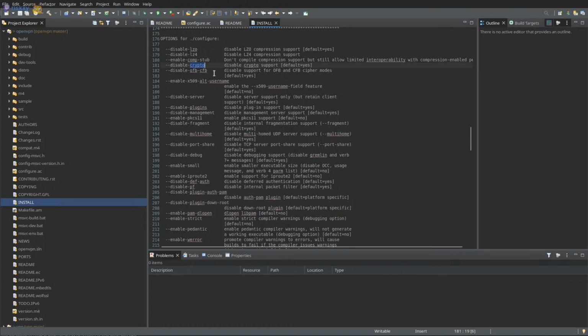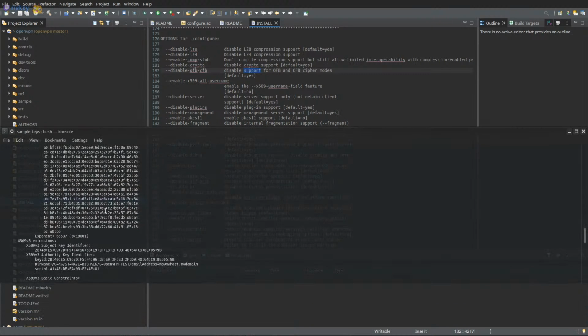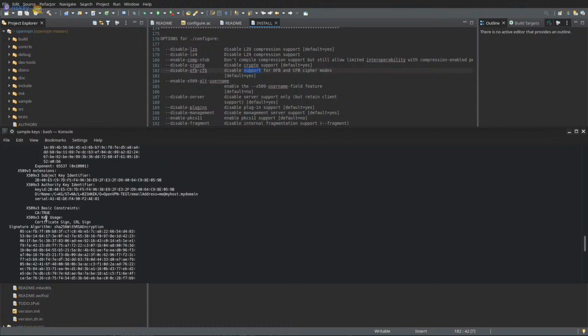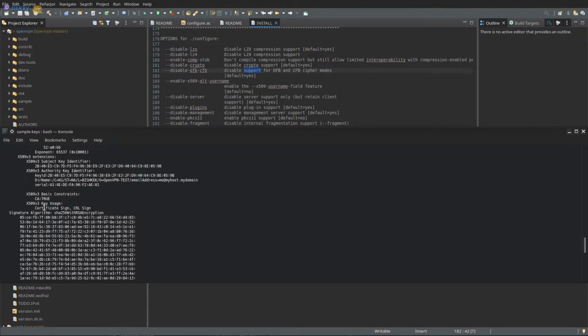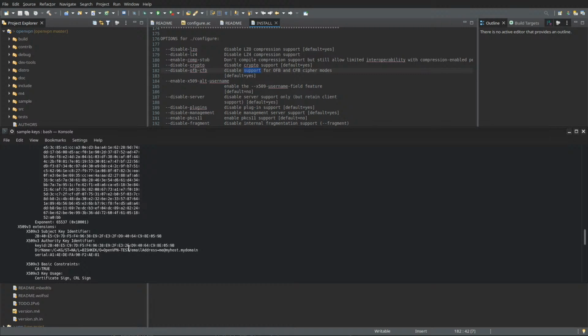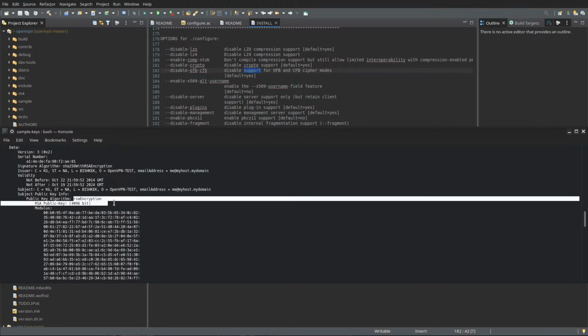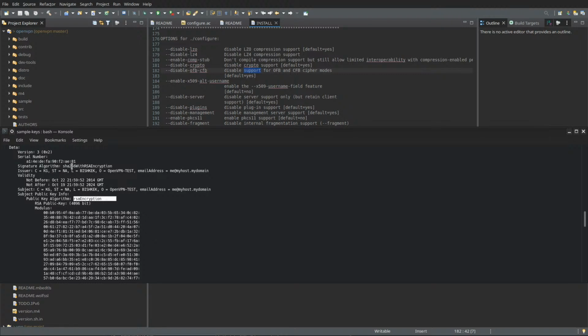Cipher modes. Oh yeah, ciphers are another thing that has to be supported by the certificate. That's kind of a pain. Let's see, can I actually find it? I remember there being a list. Key. Oh, it's just the signature algorithm.